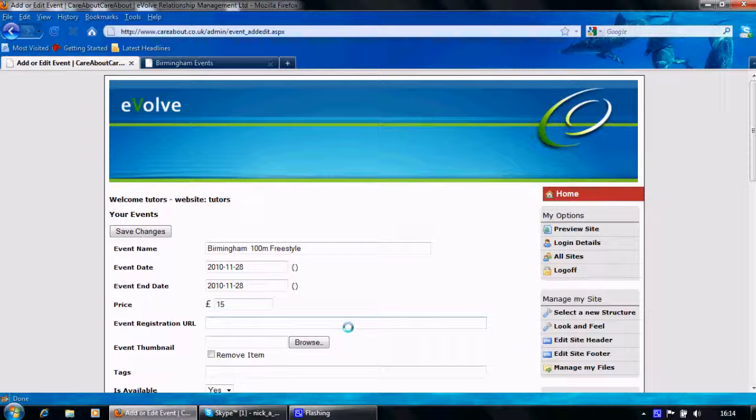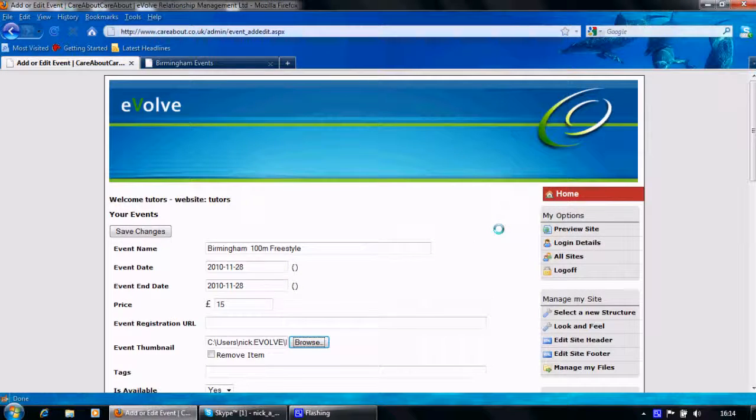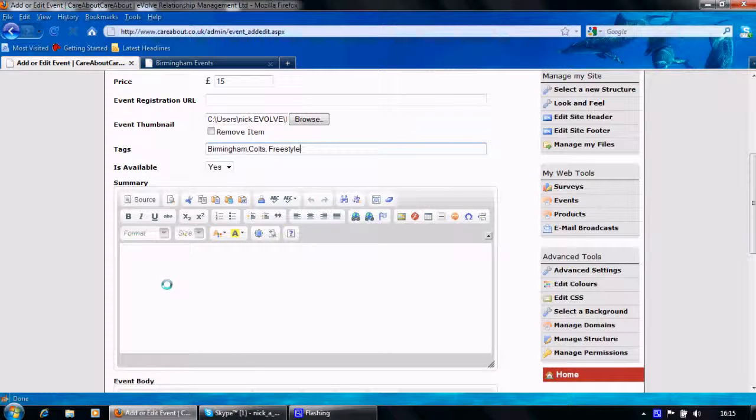Again, the issue with the URL: do you want it to go straight into the underlying marketing database, or do you just want to collect it in the event database? Let's browse and have a different kind of picture here. So let's have a swimmy shark for the freestyle, and the tags are going to be Birmingham, Colts and freestyle. It is available, you can just switch it off there, and we can say Birmingham freestyle,